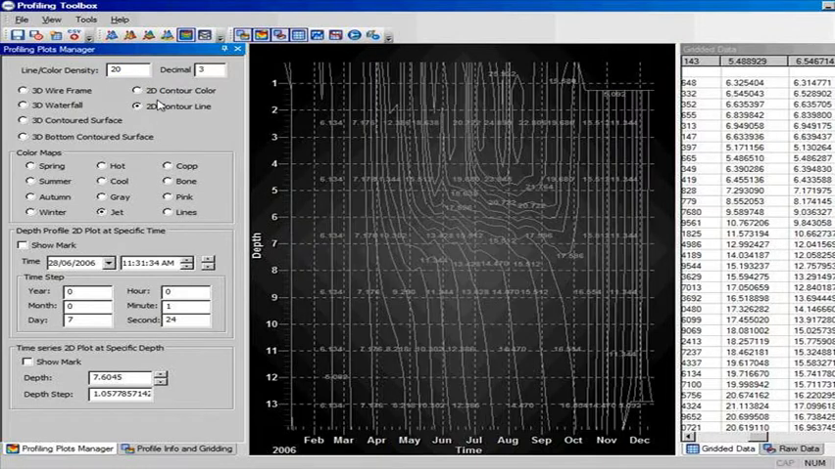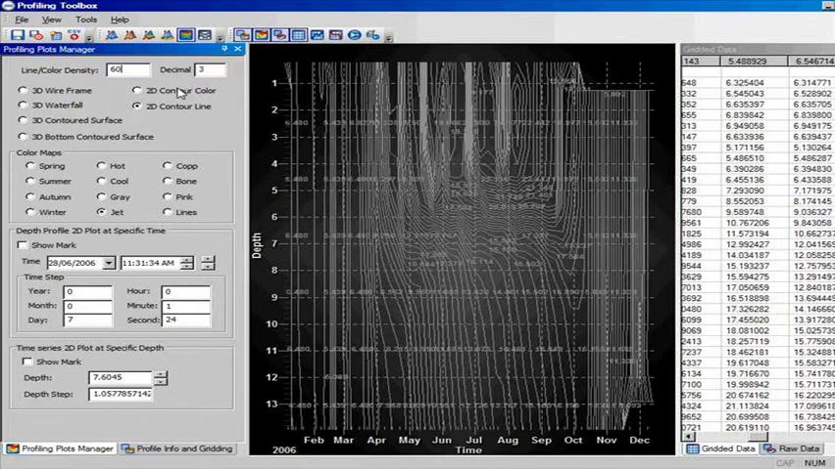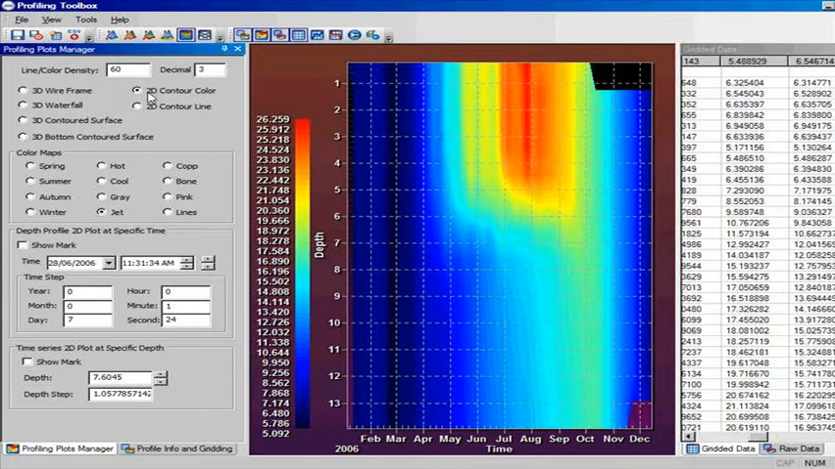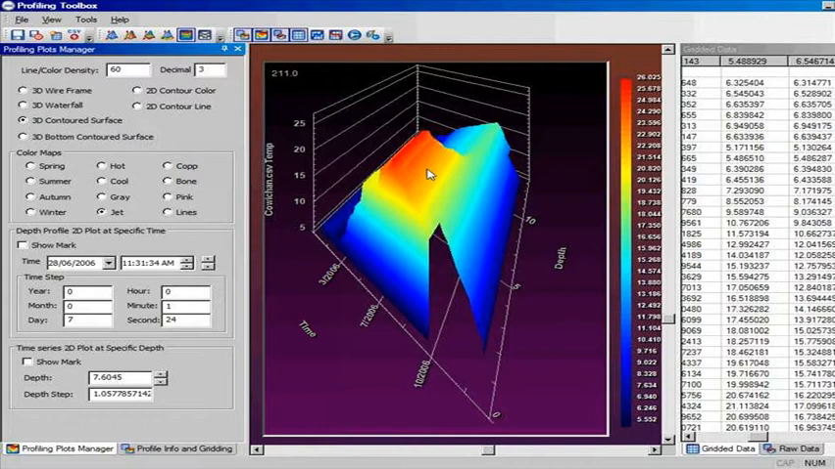We could reduce that to, say, 20, which would give us a little more readable chart. I'm actually going to stick that back up to 60 and change back to the color contour plot. That's a pretty useful plot to look at. If we want to look at things in 3D, we could go to a contoured surface, which would be a